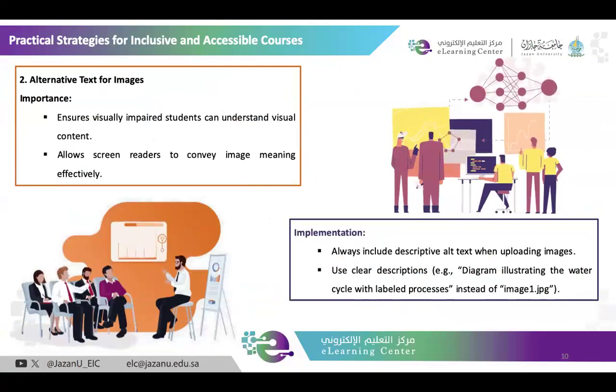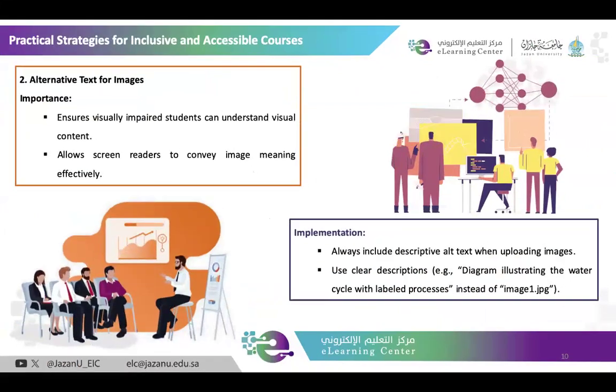Alternative text for image importance. These points are very important to understand as an educator. If we are just talking about the alternative text of an image, that is a very small thing. But this is fulfilling one of the rules of accessibility, that providing descriptive alternative text, or alt text, for images